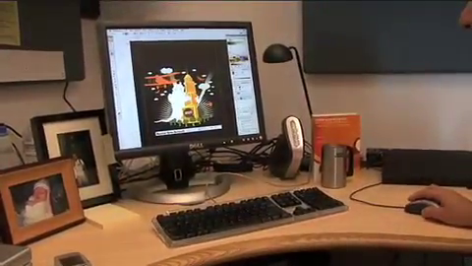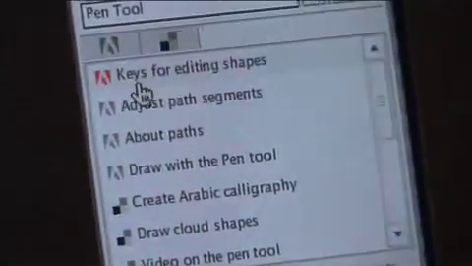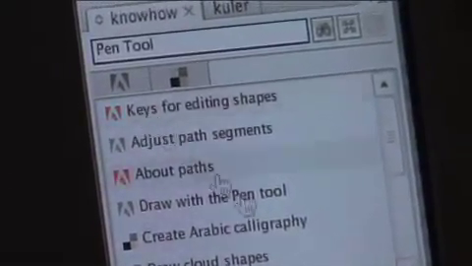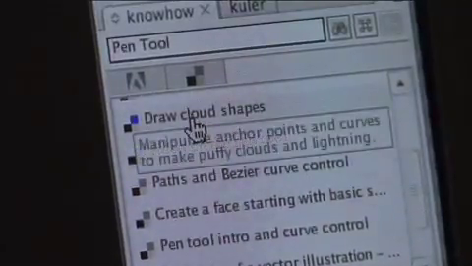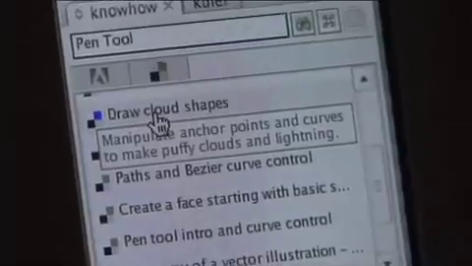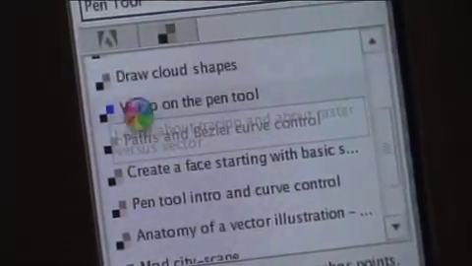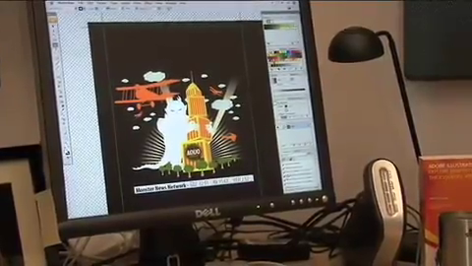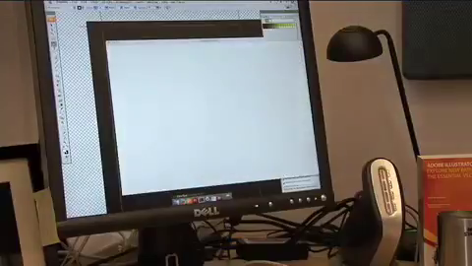Now, perhaps the more exciting thing behind Know-How is if you want more help, you can hit the little search button. It brings up direct access to key topics within Adobe Help. But the most exciting part to this is that we also bring in useful topics that the community has created. So if I click on any one of these links, it'll bring up that web link in a browser, and we're actually linking to tutorials that the community has created. So I'm just going to go ahead and click on that,